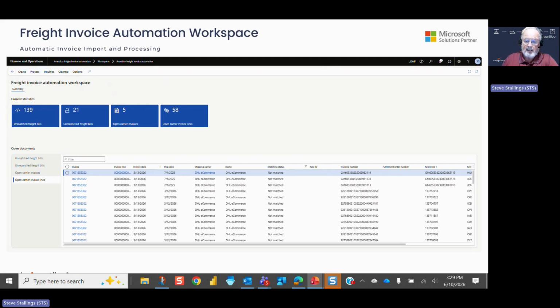This allows a freight reconciliation employee to take a quick look at everything they need to see in terms of unmatched freight bills, unreconciled freight bills, open carrier invoices, open carrier invoice lines across the top, and see how many of each of those are in each category. And then down the left-hand side, you've got transactions that you can get at as well. The open carrier invoice lines details. And from here, you can dive into the